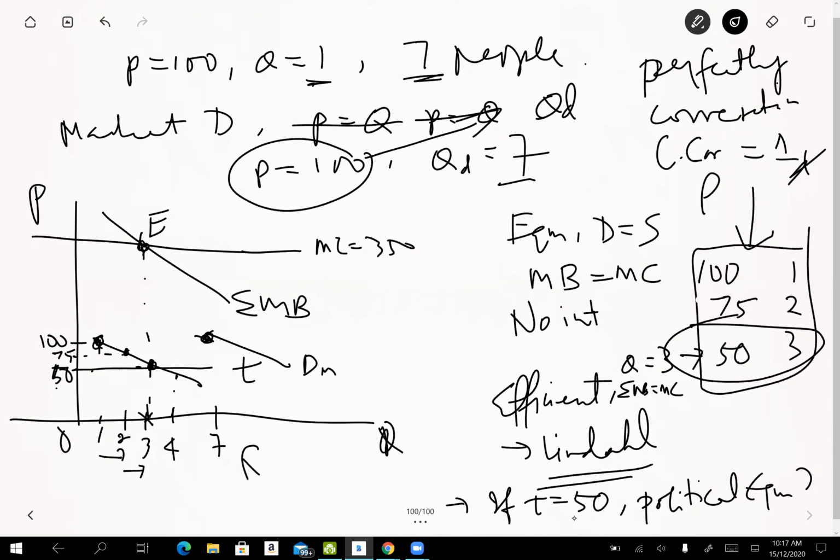Okay, Nabil. How many people vote yes? How many people vote no? If the output is 4. 3 people vote yes, 1 votes no. No, there are only 4 people. There are 7 people here. 7. Okay, there are 7 people. And the tax share is 50. Now you are voting Q equal to 4. So we cannot say 3 people vote yes, 1 person votes no, because there are 7 people.